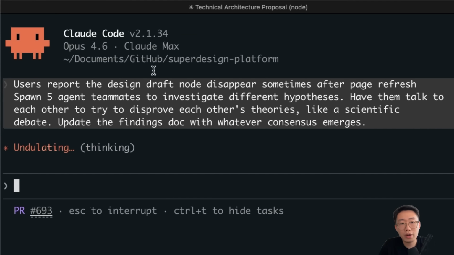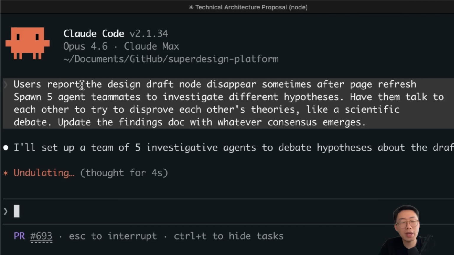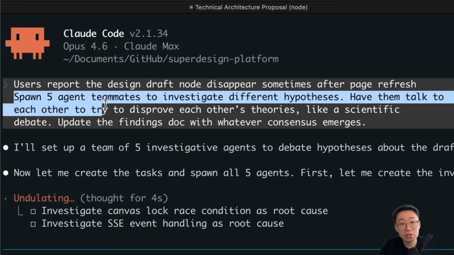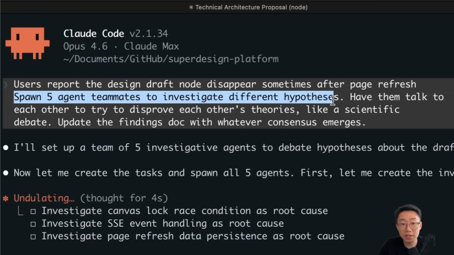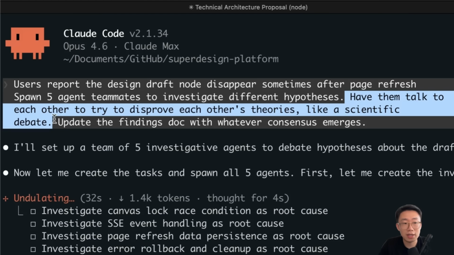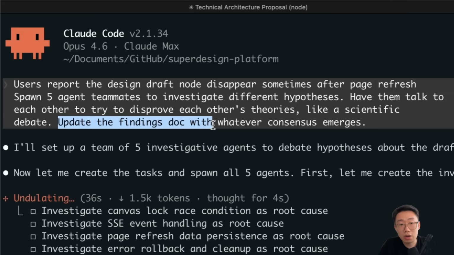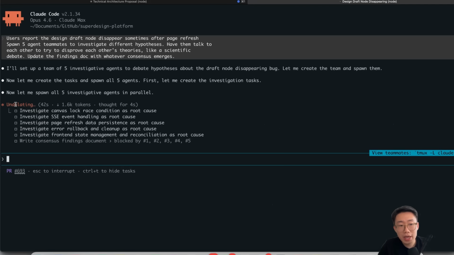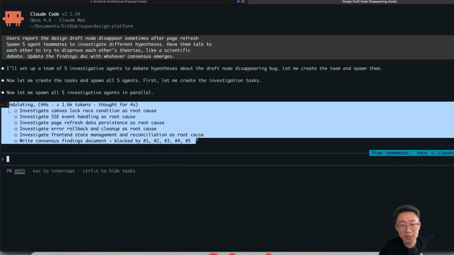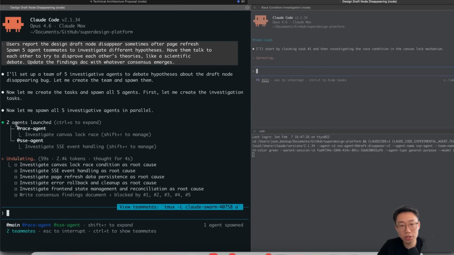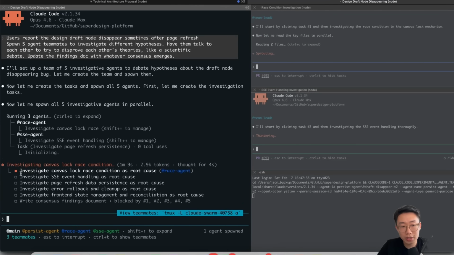And here I just tried with the Superdesign production code base that we have. And this one bug that has been hidden pretty deep. Then I can tell the agent, spin up 5 agent teammates to investigate different hypotheses, have them talk to each other and try to disprove each other's theory, like scientific debate. Update findings doc with whatever consensus emerge. So here you will see that the main agent firstly create the task list as we discussed before. And then for each task, it spin up new Claude Code sessions on the fly, where each one is investigating